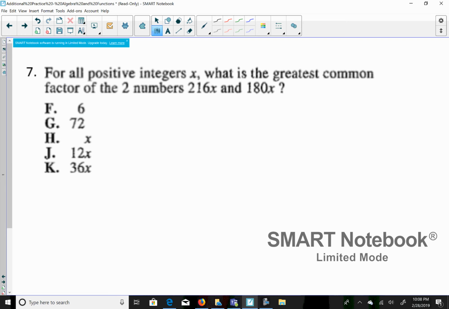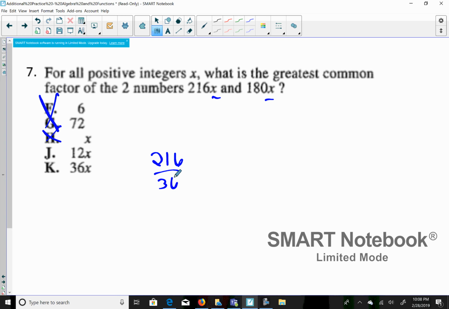So I see that they both have x, so I know that x is going to be part of my greatest common factor, which automatically eliminates choices F and G. I see that 216 and 180 are both even, so I know that 2 will go into both of those, so that eliminates H. Since it's looking for the greatest common factor, I divided both 216